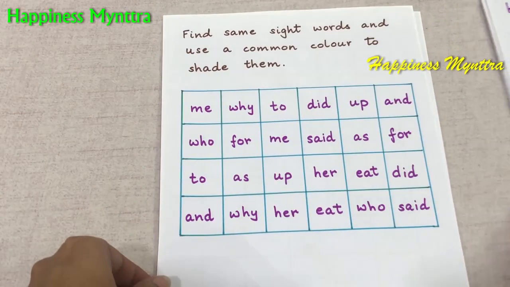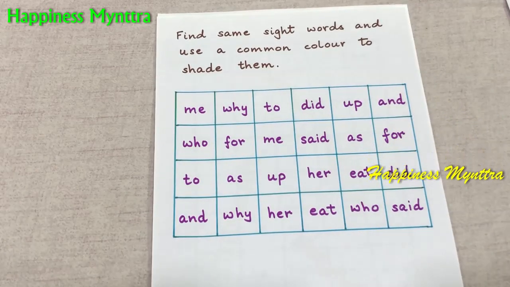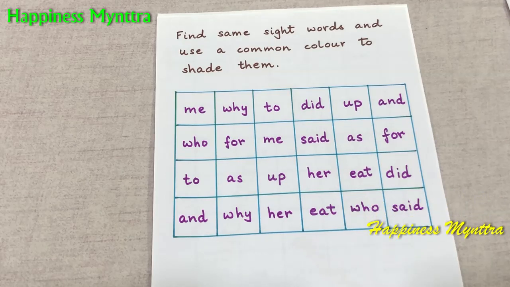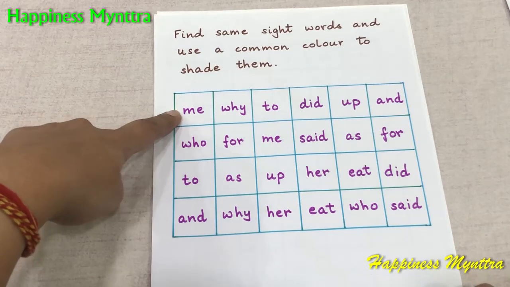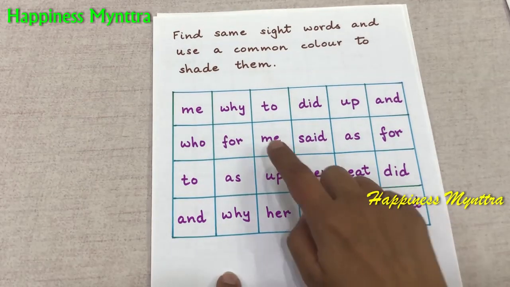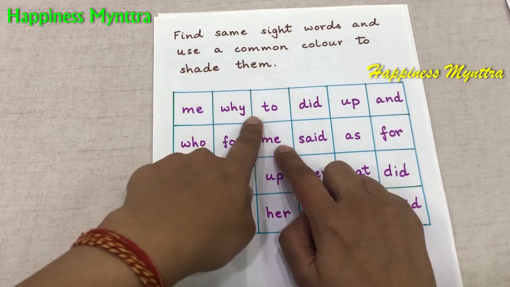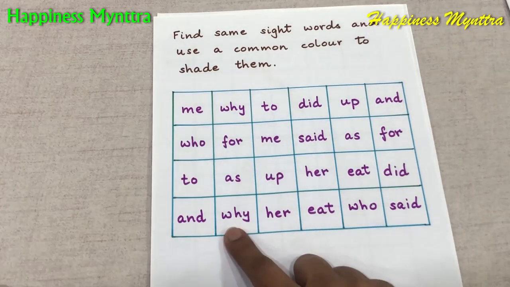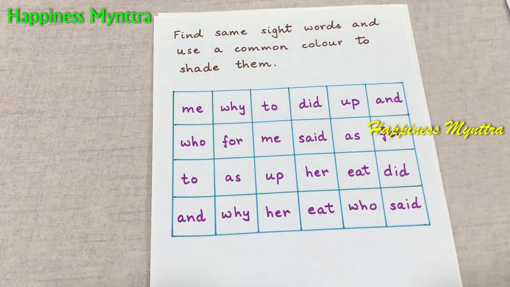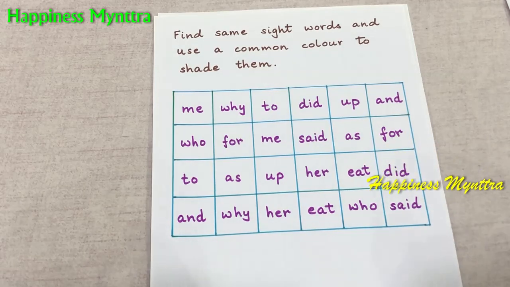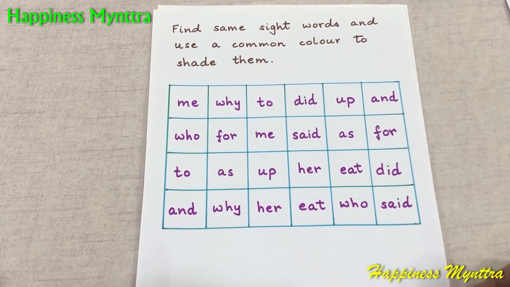Now here, there are a group of sight words. Once again, once the child knows a few of the sight words, you can use a sheet like this. They have to read. So this is me. They have to find another me, which is right here. And then they can color both these me's with red. Similarly, my. So they'll find another my, color it with blue. That way they can cover a wide range of sight words and it can again be used to ensure whether they have learnt the words using the previous worksheets that were introduced to them.